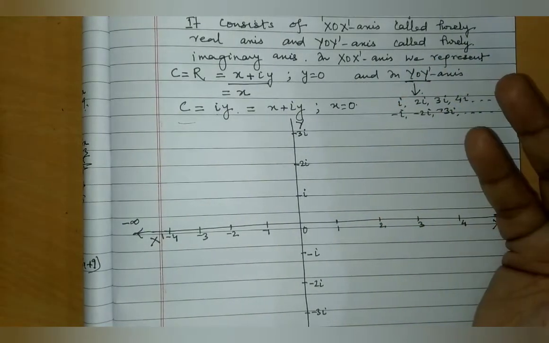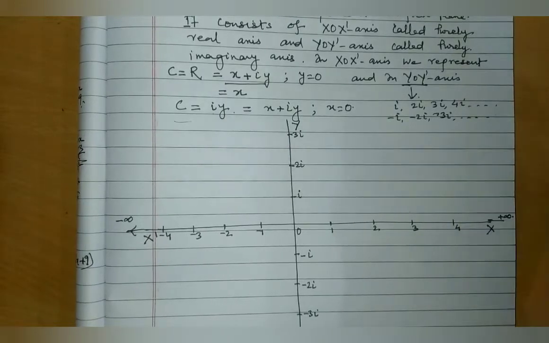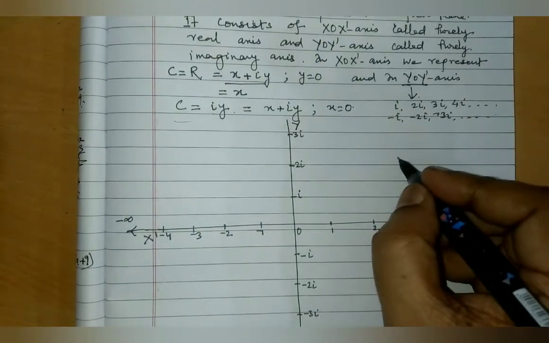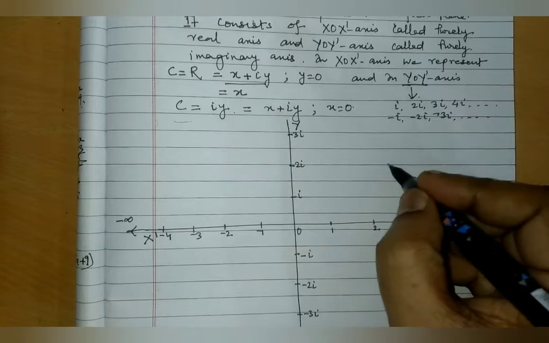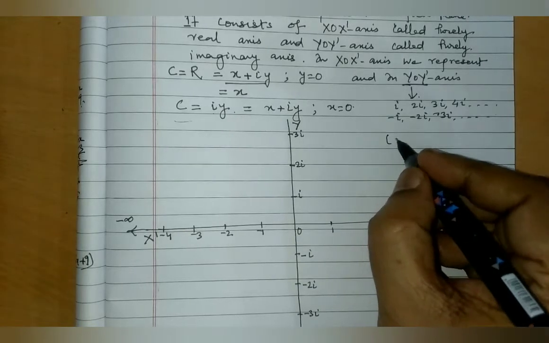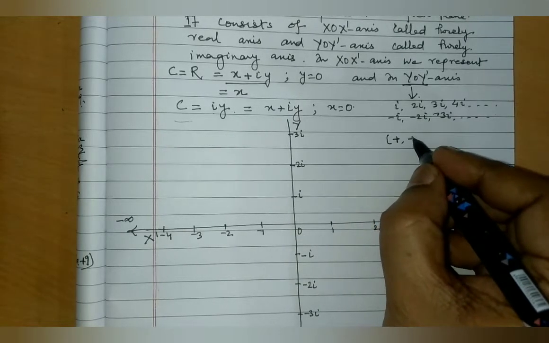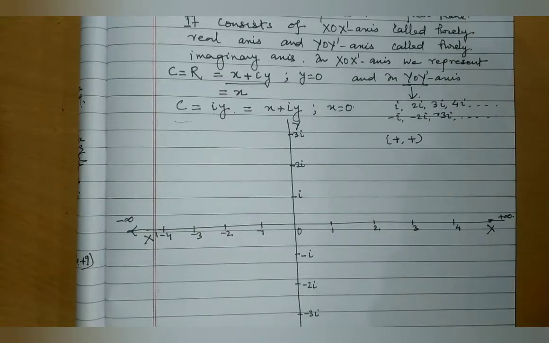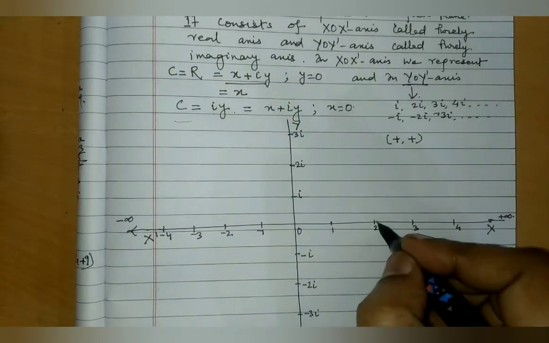You can remove it. So suppose in the first quadrant, we know that both coordinates are positive. So if we will take here